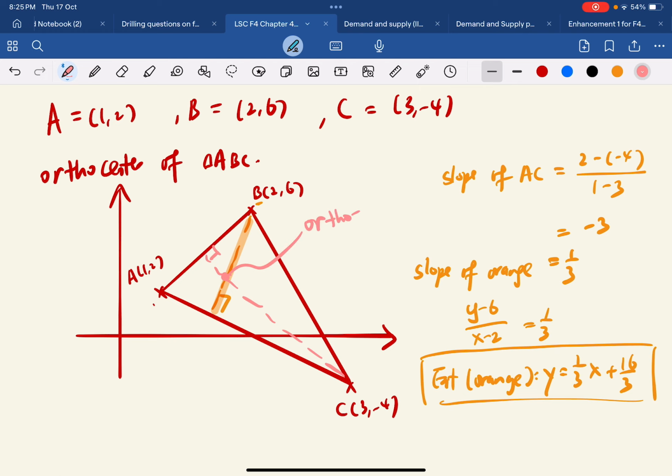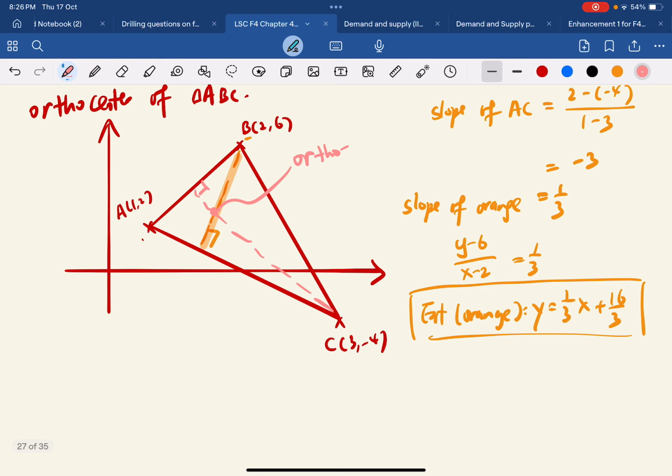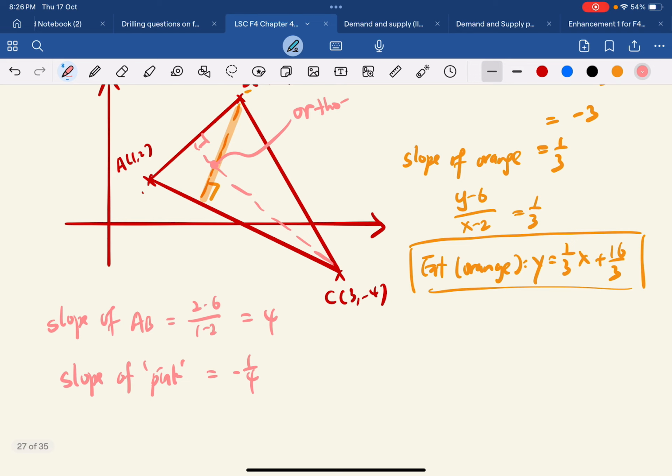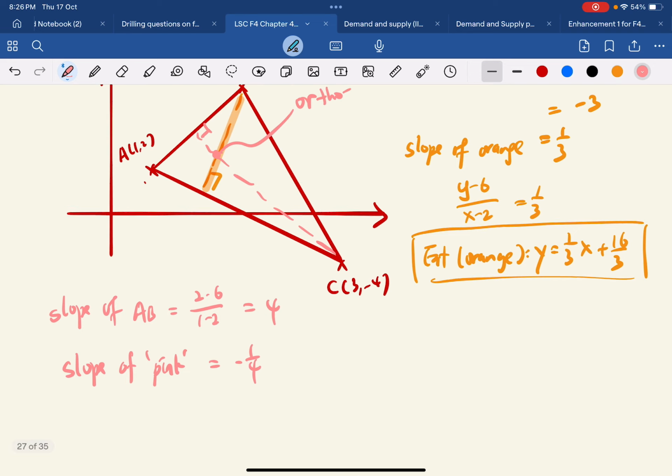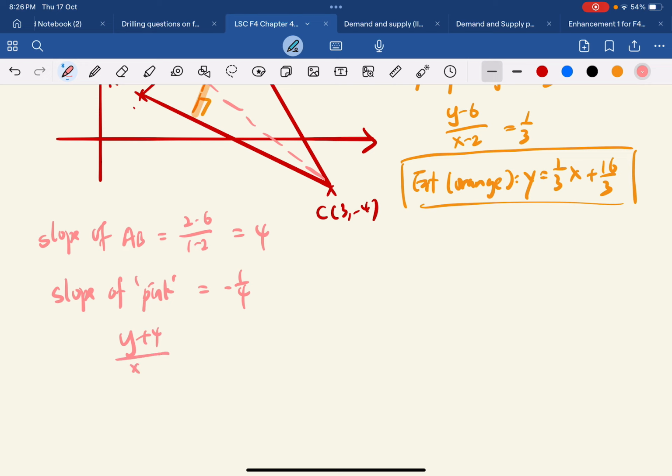Okay, so how to find the equation of the pink line? For sure, again, the first step, we find the slope of AB first. So slope of AB would be 4, okay? Which means the slope of the pink line is -1 over 4. Again, you got the slope and then you know the pink line passes through C, right? So you use point-slope form, which would give you the answer